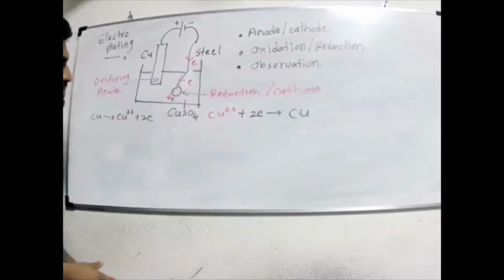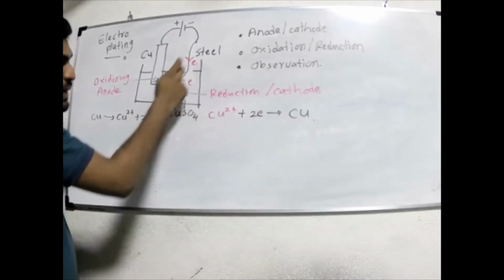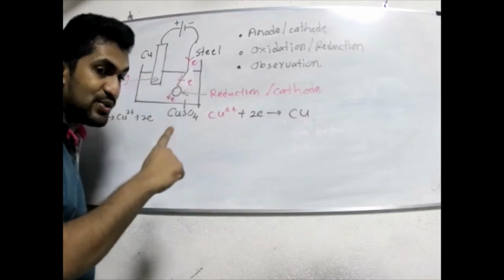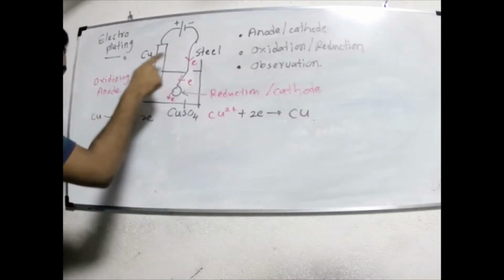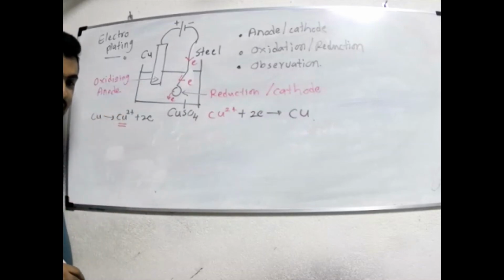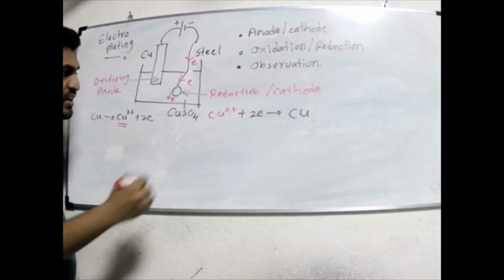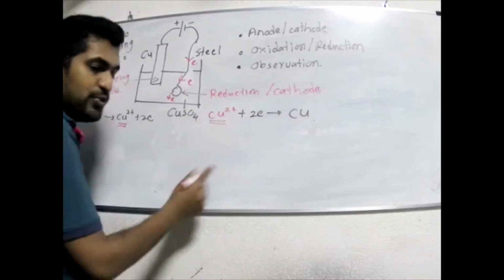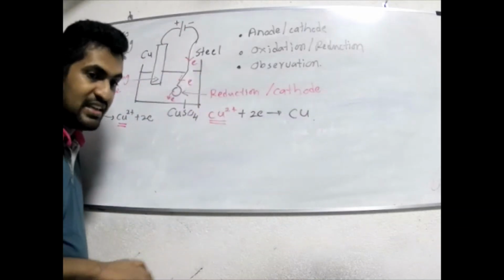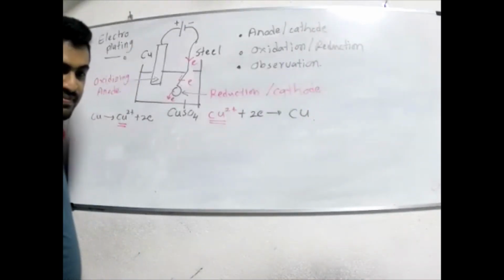The reason is this copper 2 plus in the solution is plated around the spoon, and while that is happening, this copper rod is replacing copper 2 plus in the solution. This copper terminal is giving copper 2 plus to the solution, and the copper 2 plus in the solution is plating around the spoon. But finally, copper 2 plus in the solution doesn't change, it remains the same. Got it?